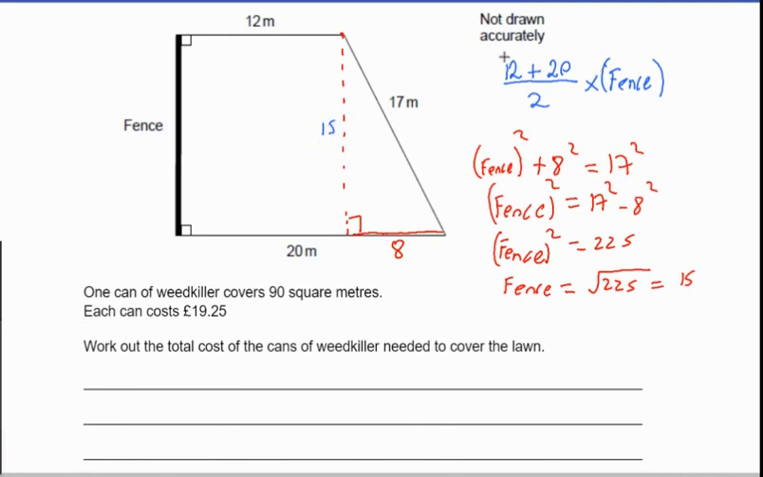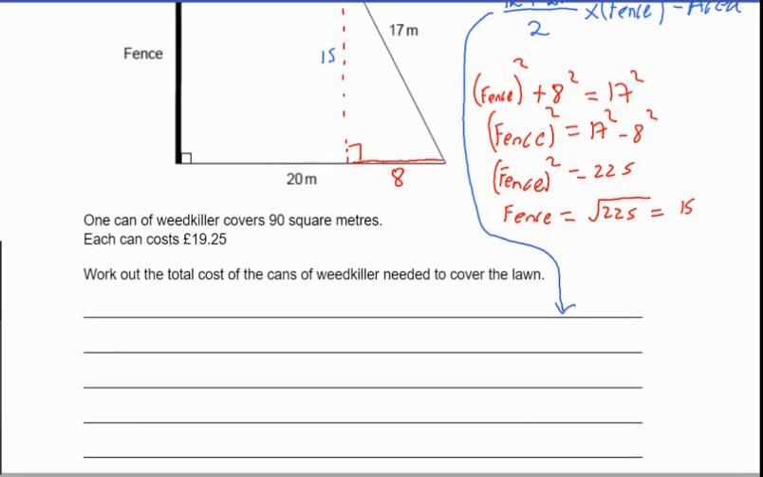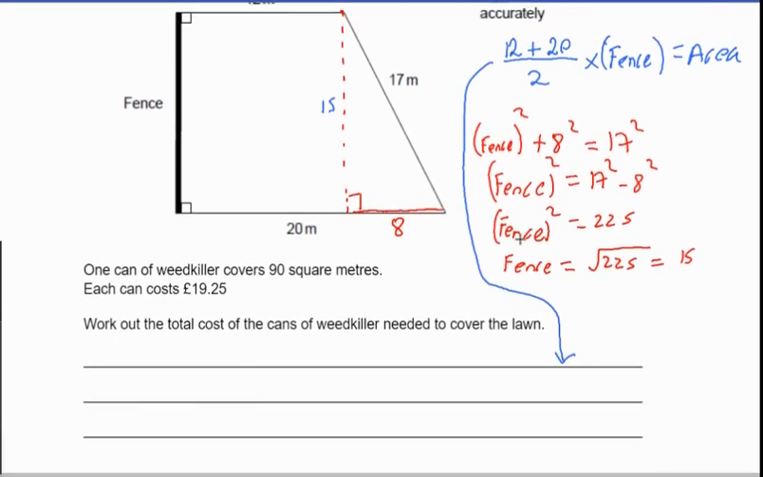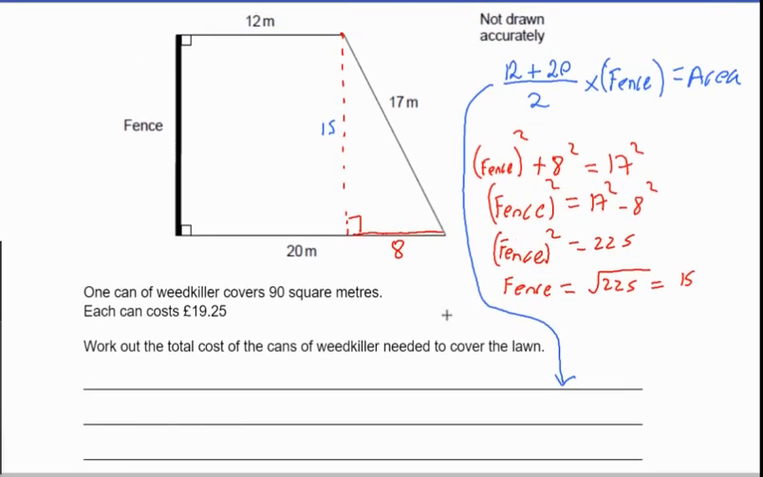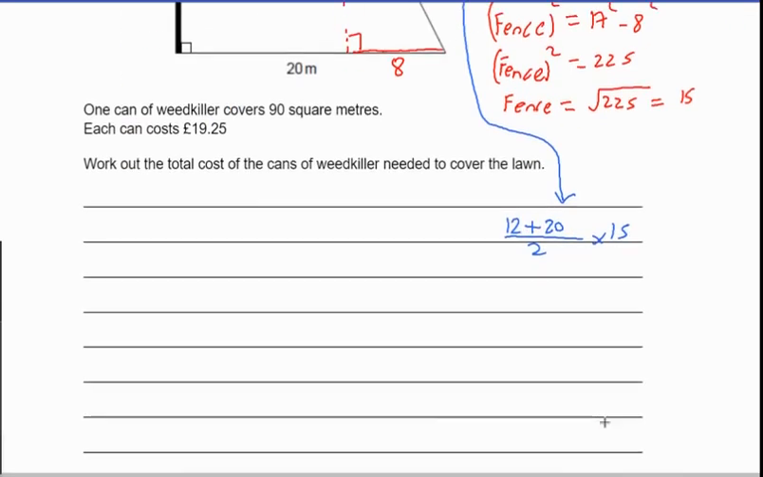I can now work out the area. Okay, so I can take this information and work out the area. So, I should probably keep everything that I have. So I have 12 plus 20, all divided by 2, multiplied by 15. Okay, and then just using my calculator, because I can put this straight into my calculator, that gives me 240. So my total area is equal to